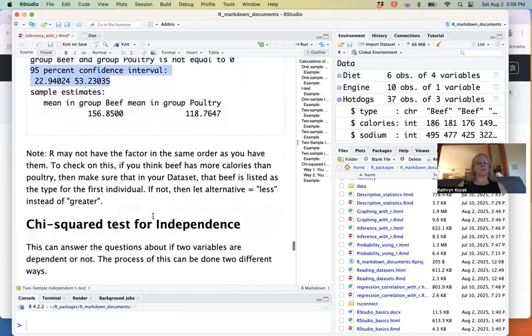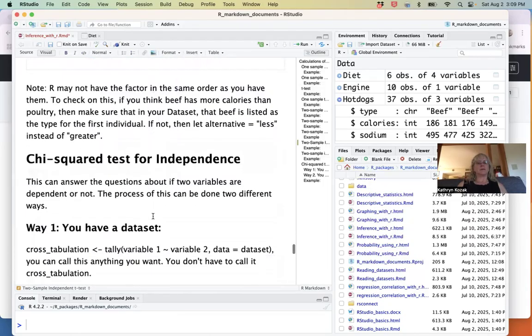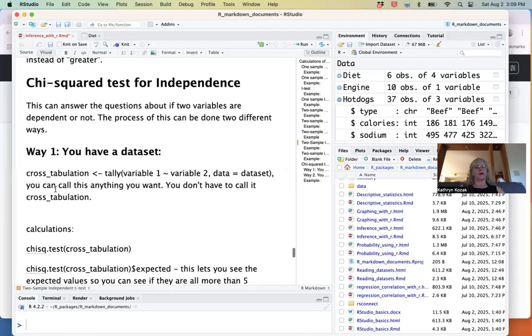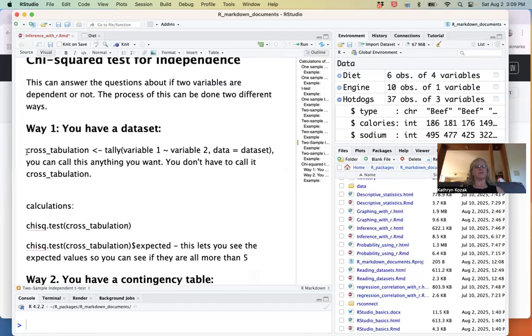All right. A chi-squared test for independence. This can answer the question about if two variables are independent or not. The process of this can be done two different ways. The first way is you actually have a data set. So therefore, you're going to create